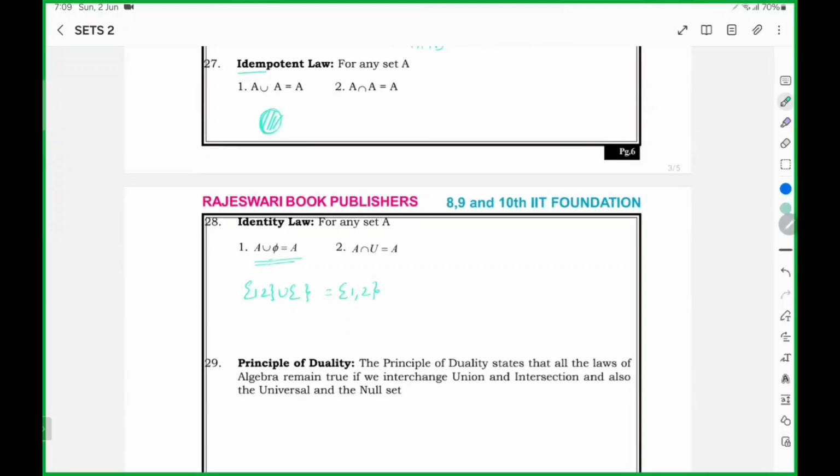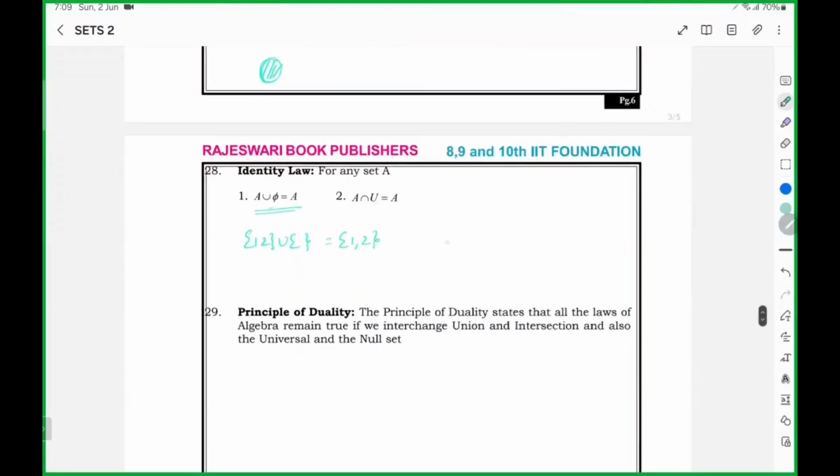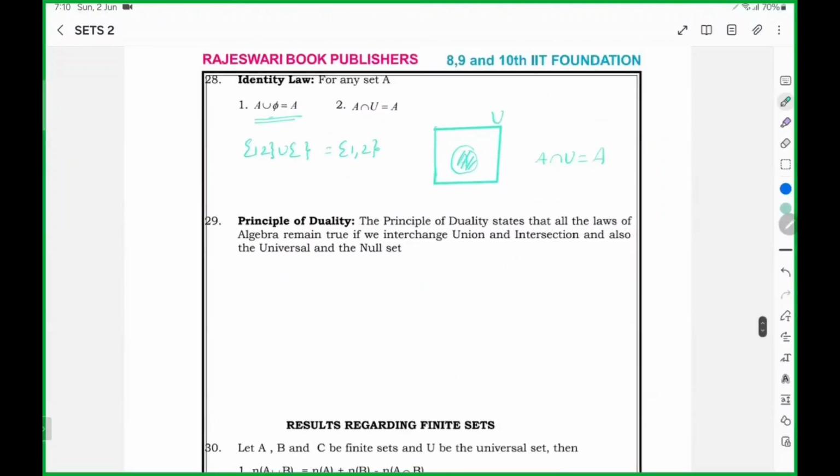So A union phi is A. Identity law means universally for all sets. Union means this entire rectangle A here. Intersection will be for A and U. Obviously, A is the common part. Right. Principle of duality. What it says, all the